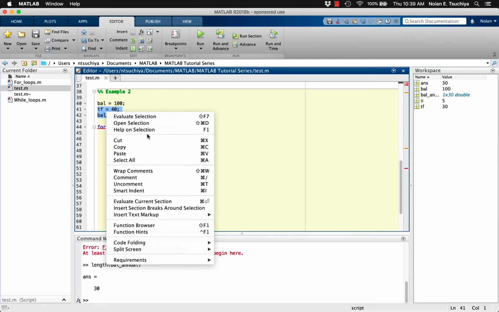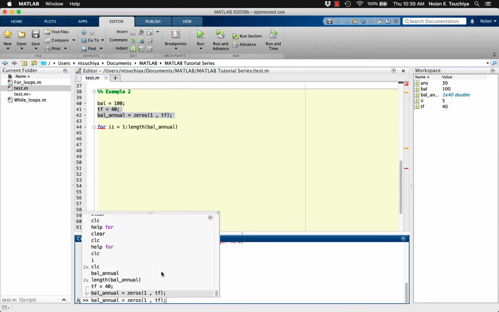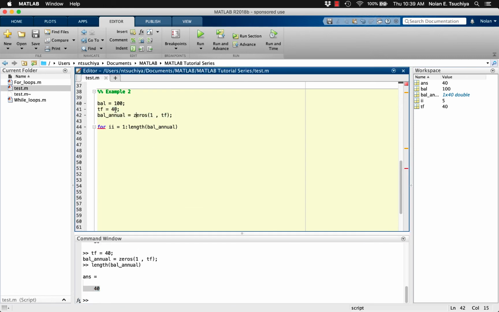With the for loop now established, we can begin to type the main code. In this example, the variable bal represents the current balance. Since the interest compounds annually at a rate of 12%, we can express the new balance as equal to the previous balance times 1.12. Now, as soon as we update this balance, we want to go ahead and store this updated value into the proper element of our predefined bal annual vector. We can do this by assigning the ith element of the vector bal annual to be equal to the updated